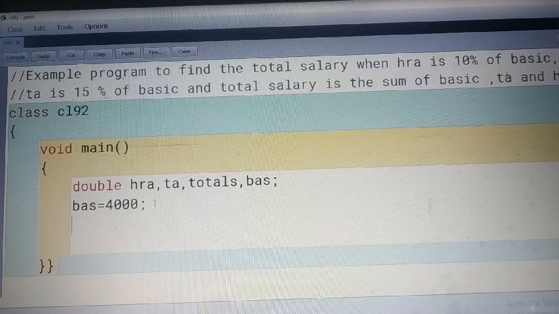That compensation or money is provided by the company to you on the basis of basic salary. In the same way, travel allowance, how much traveling you perform for company work. All the compensations are provided by the company on the basis of certain criteria, so we have to calculate that.